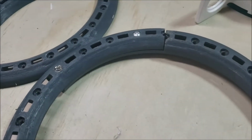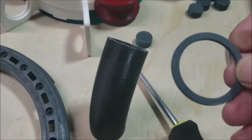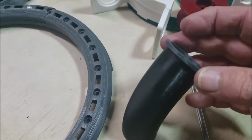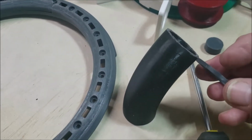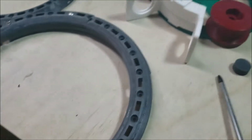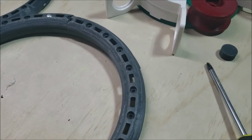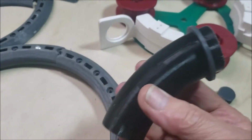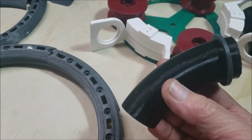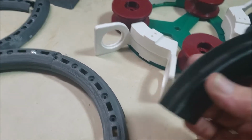I made rings for them, and these rings will sit on the outside here about 2 millimeters down. Let me see if I can do this one-handed. Yeah, kind of like that. There'll be one on either end, secured in place. The wire will get wrapped around there,